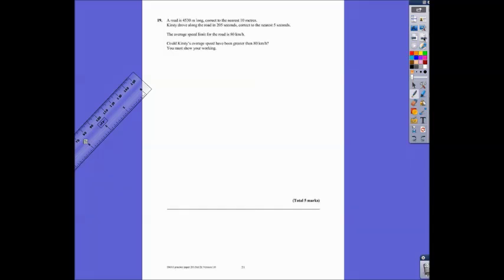Question 19. A road is 4,530 metres long, correct to the nearest 10 metres. Kirsty drove along it in 205 seconds to the nearest 5 seconds. The average speed limit for the road is 80 kilometres an hour. Could Kirsty's average speed have been greater than 80 kilometres an hour? Well, we're going to use speed equals distance over time. If we want to see what her maximum speed is, we want to do this